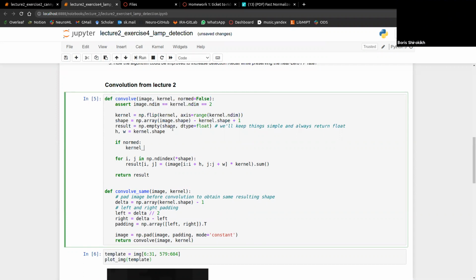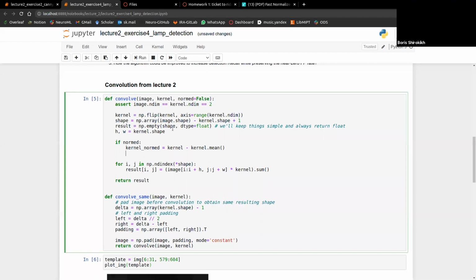So I will calculate two values. First is what I call normed, where I subtract the mean value of the kernel. And secondly, I recalculate the normalization parameter, the one in the denominator. So it is just the sum of the squared normed kernel. And then